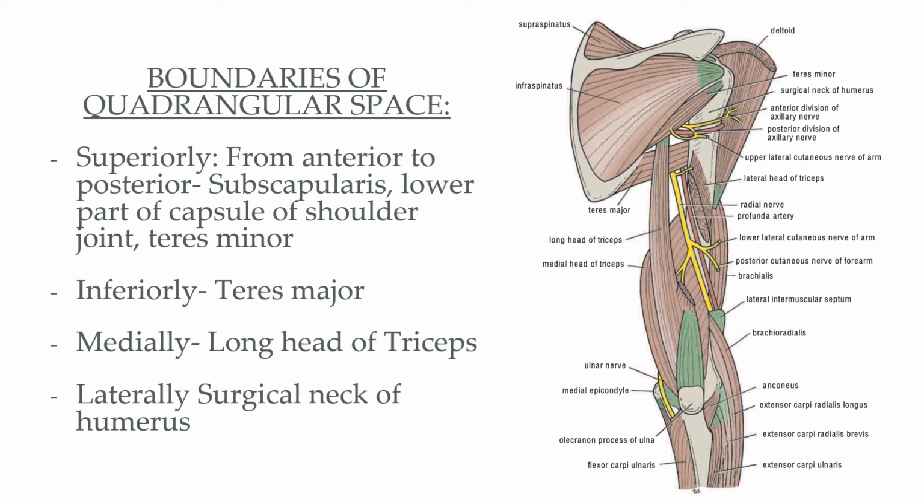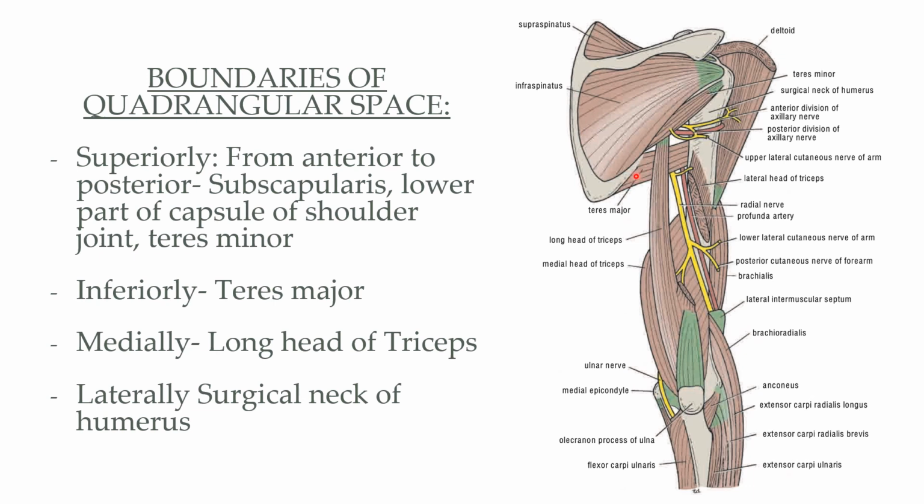In order to understand the location of quadrangular space, let us see the illustration on the screen. Here you are viewing the scapular region from the posterior side. So this is the spine of scapula. You are able to see the muscle over the infraspinous fossa, which is infraspinatus. And parallel to the lower border of infraspinatus, you can see the small muscle which is teres minor. We know that teres minor arises from the upper two-thirds of the lateral border of the dorsal surface of the scapula, and from the lower one-third another muscle arises which is teres major.